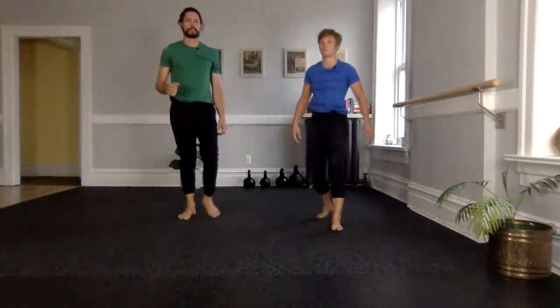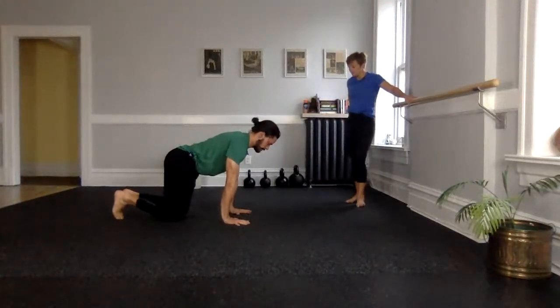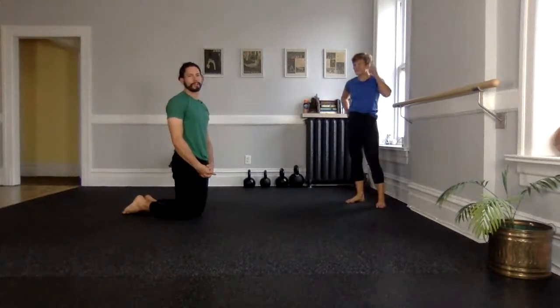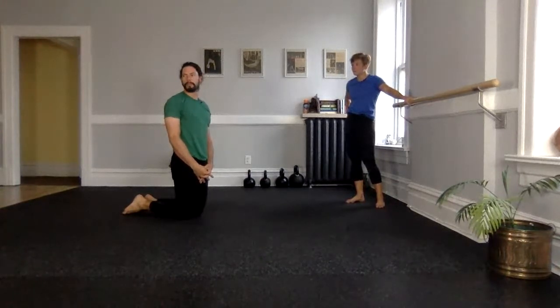Build the endurance, whether, again, that's the regression. Stiff arms here for a minute. And progress those drills to be in your upside down. We're going to finish today's practice with our